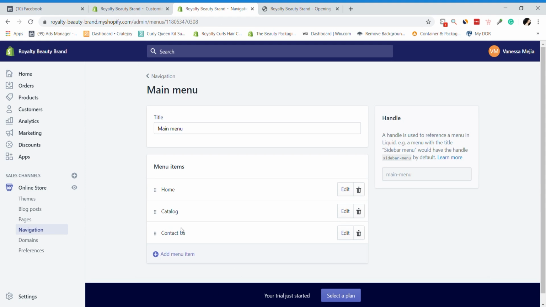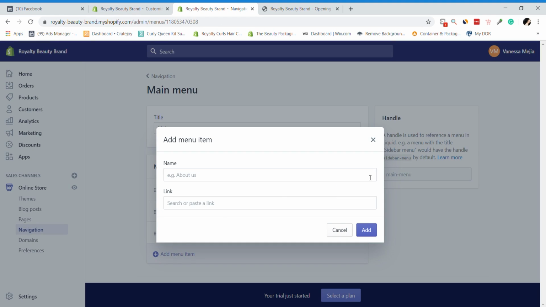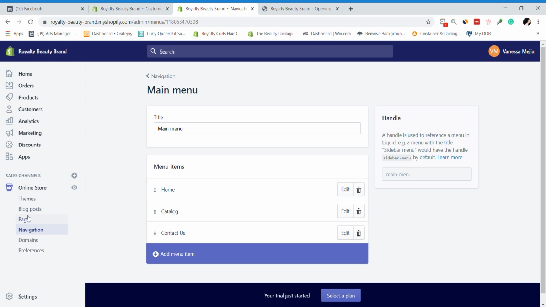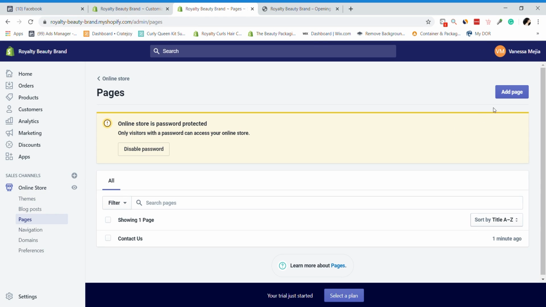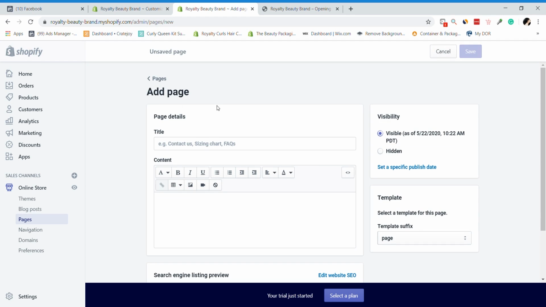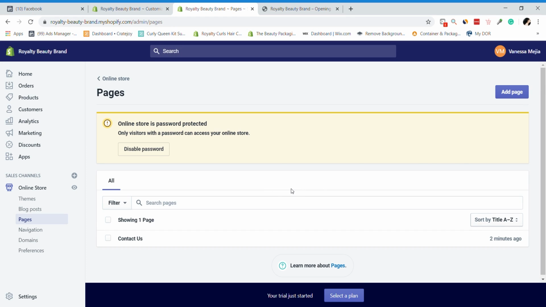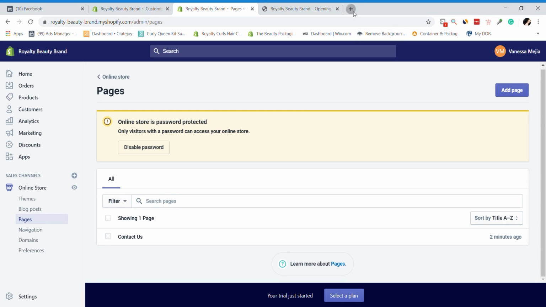So that's how you add pages, and you would just want to keep adding your pages into pages. Like you need a contact us page, you probably need a FAQ page. This is where you're going to add all the pages. And the way that I do it to find what I need is I just go to other pages for